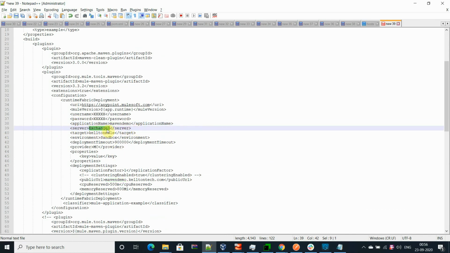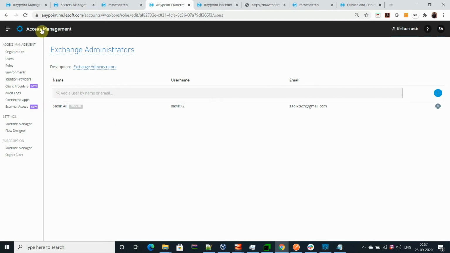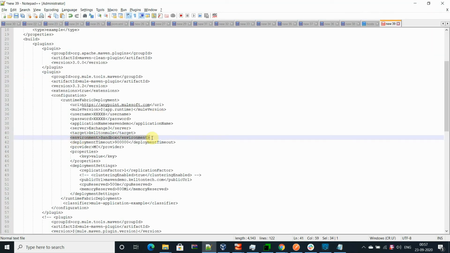The server exchange 3 is the server ID which I have configured in my Maven settings.xml file. The target is my Kelton Mule runtime fabric, where I want to deploy. The environment is sandbox.